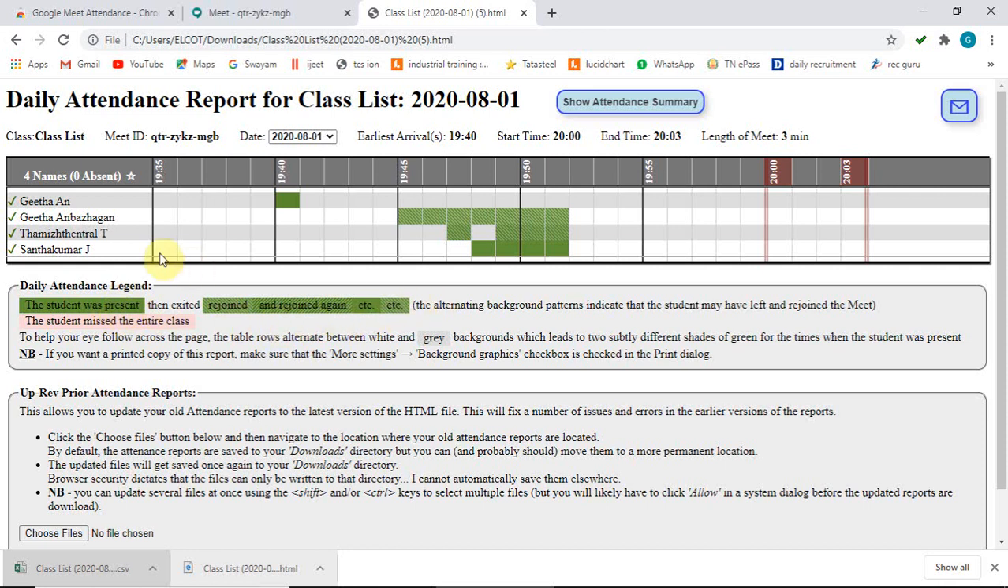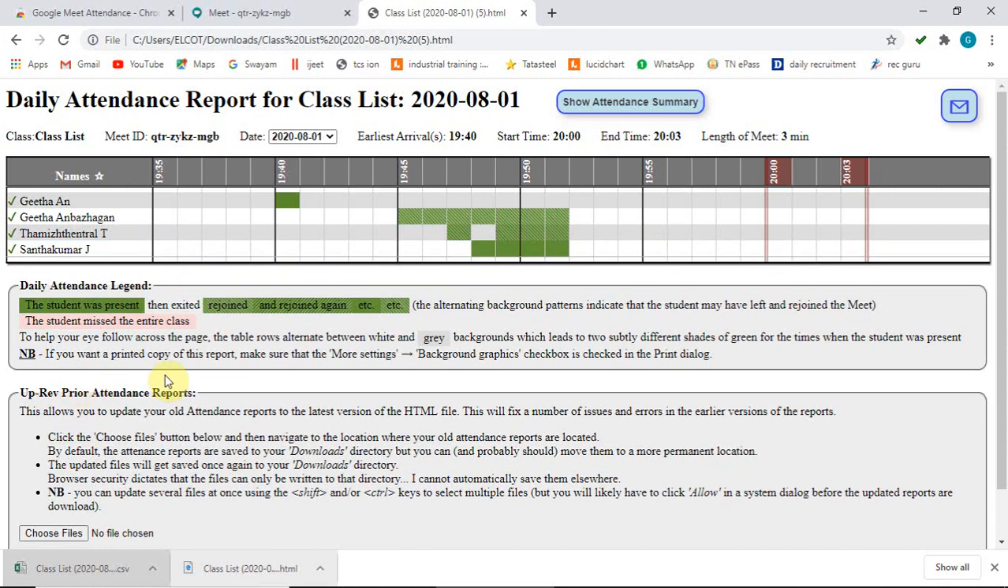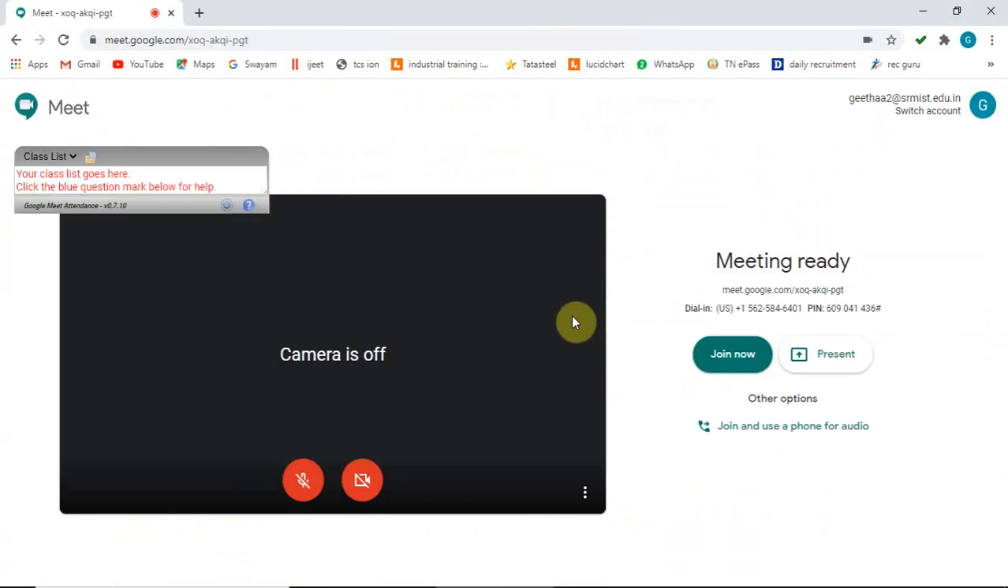Like that, we can analyze student entries in the attendance from the start of the meeting till the end of the meeting. A step-by-step procedure for saving your day-to-day attendance is also provided over here. You can choose files and select your location, where the current attendance report will also be saved in the same directory. There may be a question: how can we add the student list into the